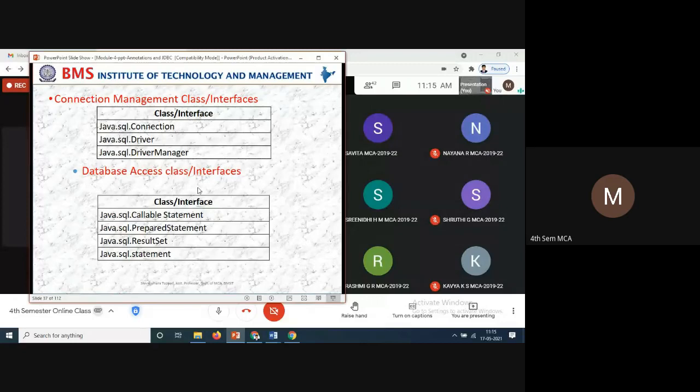So if you want to access, this one is nothing but what? Only connection purpose: java.sql.Connection, java.sql.Driver, java.sql.DriverManager. These are the three things required. You remember that? Java connection purpose: java.sql.Connection, DriverManager. These are the three things you have to remember. Next is